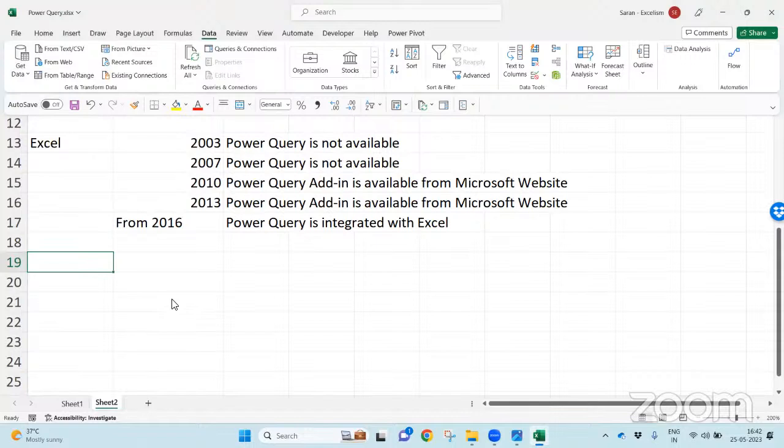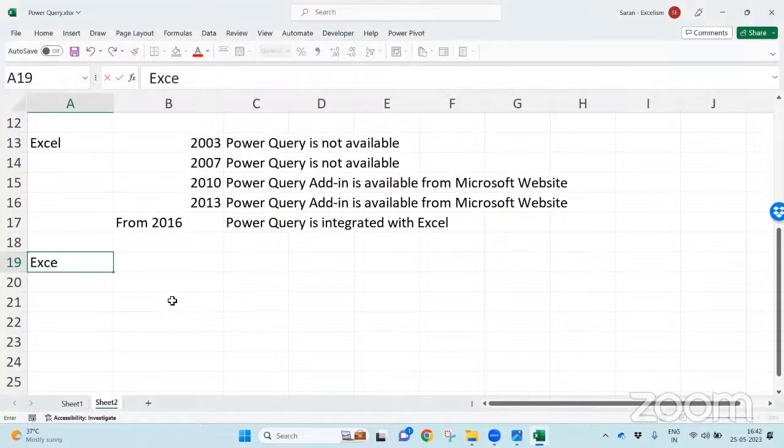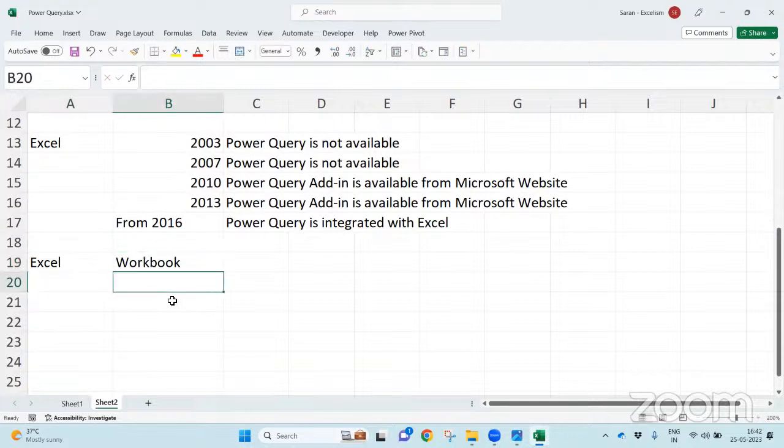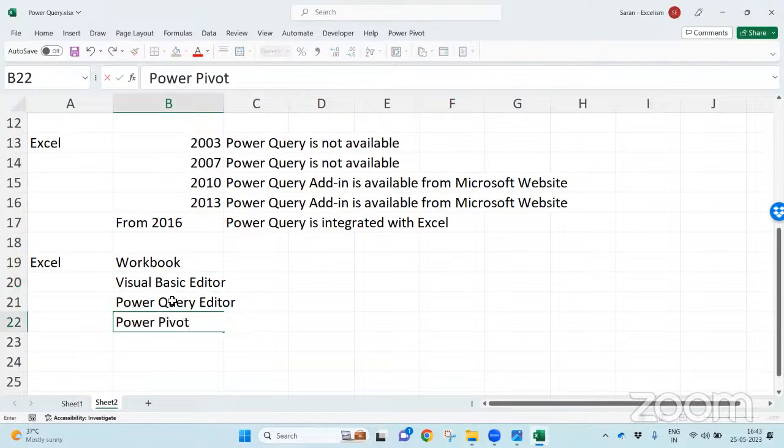But don't worry. When it comes to Microsoft Excel, the Workbook is one window. Visual Basic for Applications is another window. Power Query Editor is another window. And finally, Power Pivot is another window.